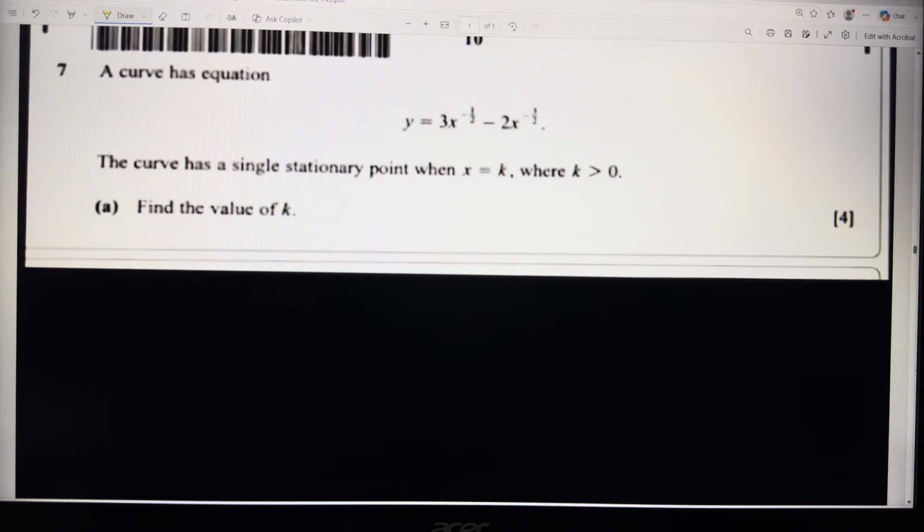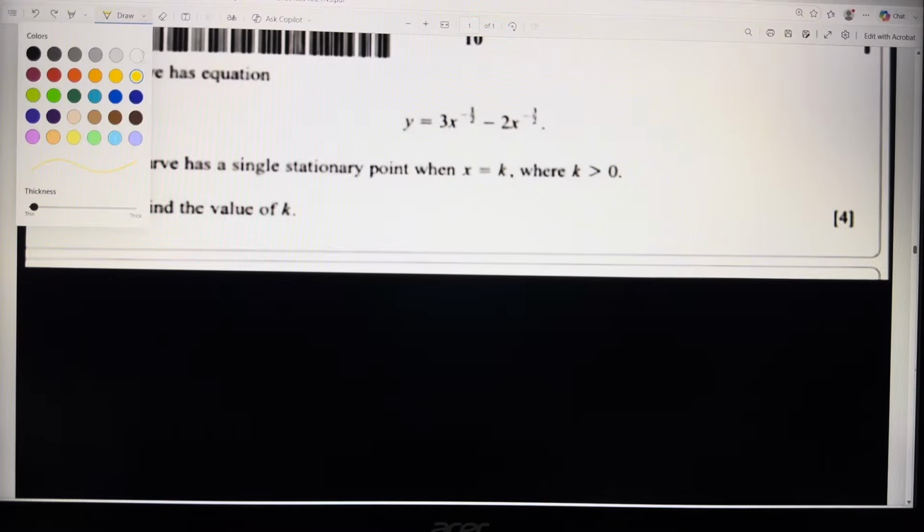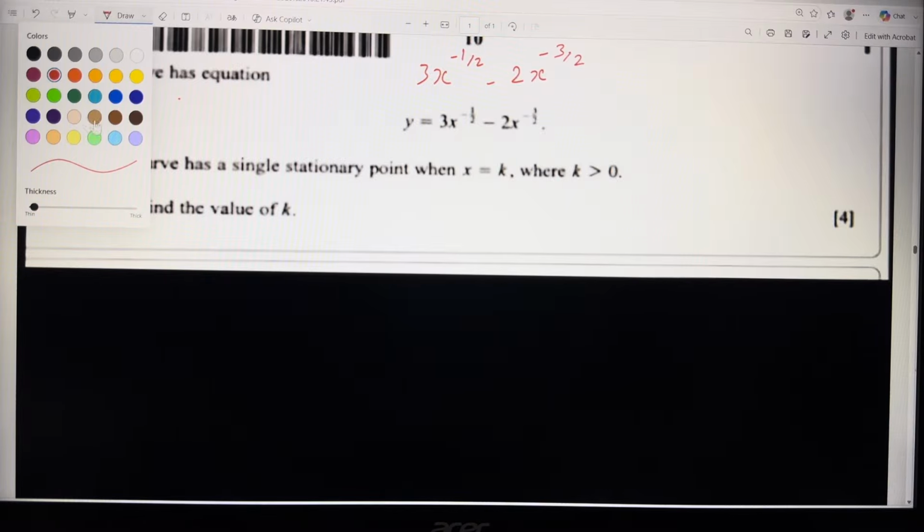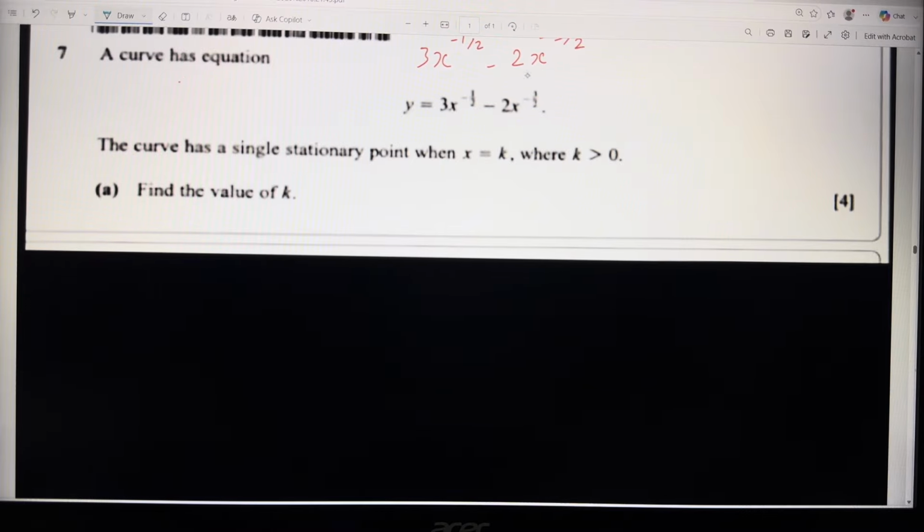Then question number 7. The curve has equation y is equal to 3x minus, okay, it's not very clear in the question, but I'll write it again. It is 3x to the power of minus 1 upon 2 minus 2x to the power of 3 upon 2, right? Okay,